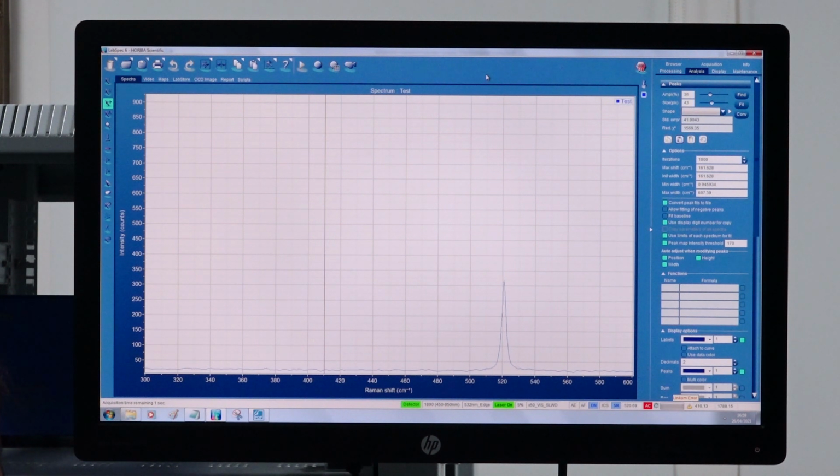As you can see, the signal intensity has lowered. So now I will move it back to its original position. Now again in the opposite direction of rotation, the signal intensity has decreased. So again I will move to an optimum position with the best focus.